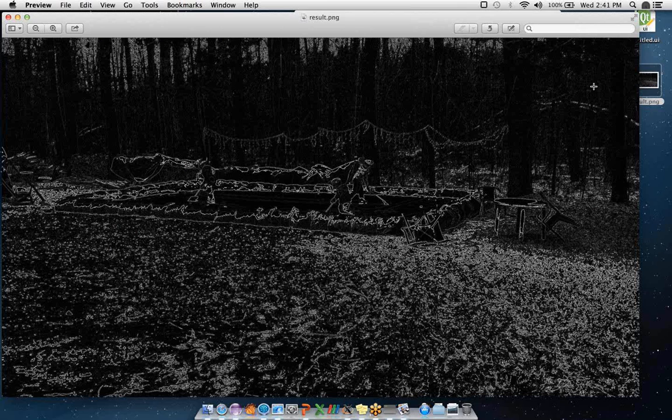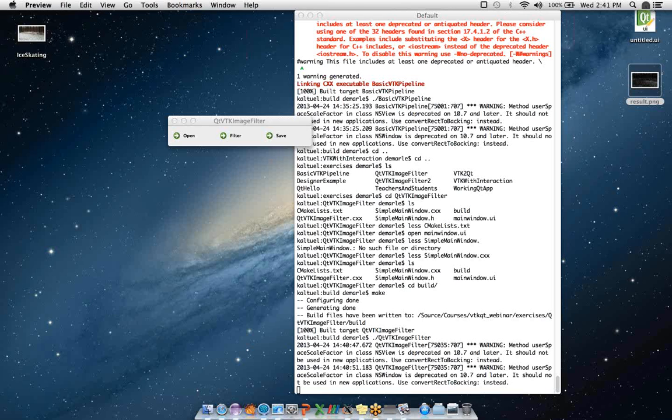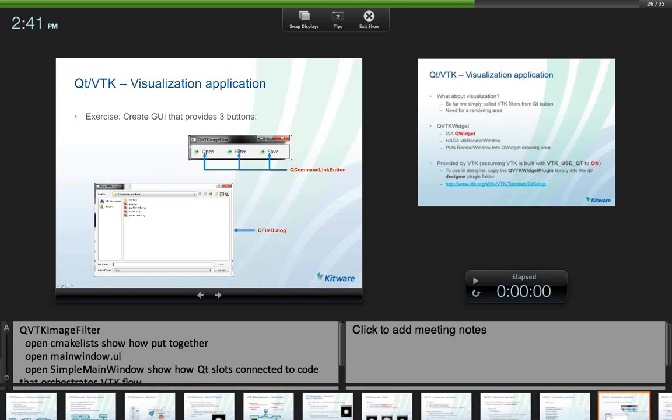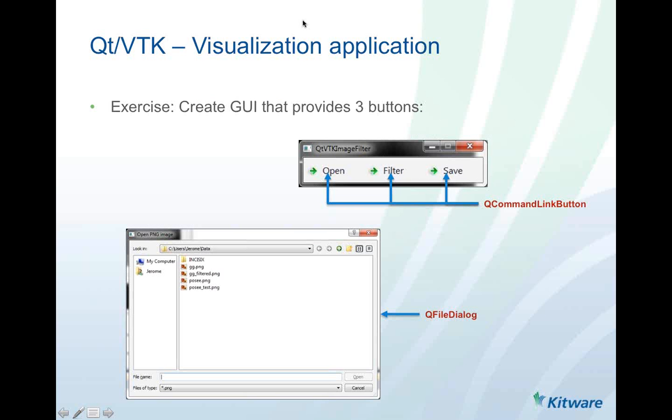And this is the gradient computation, which shows it's kind of like a simple edge detection filter here. So really all we've done here